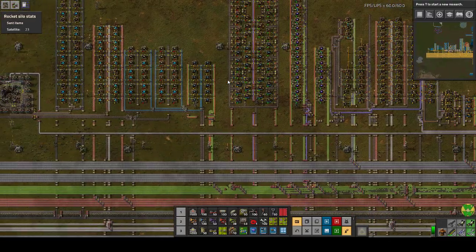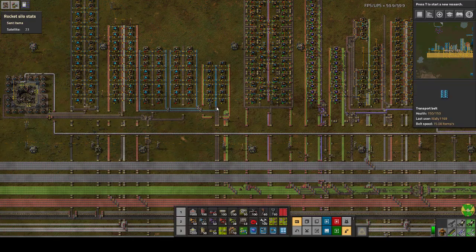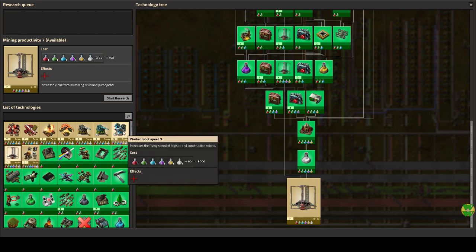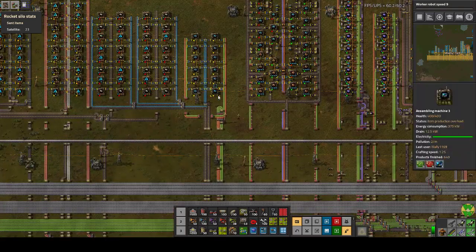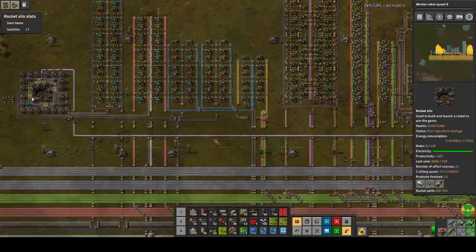Let's do one research. We have a lot of space science, so we might be able to get away with it without using any blue circuits. Try it. We're at 7. Reducing worker robot speed and mining productivity. That's 10K and that's 8,000. Let's do this one. Valued at less. I don't know if that's 8,000 space science or not, but